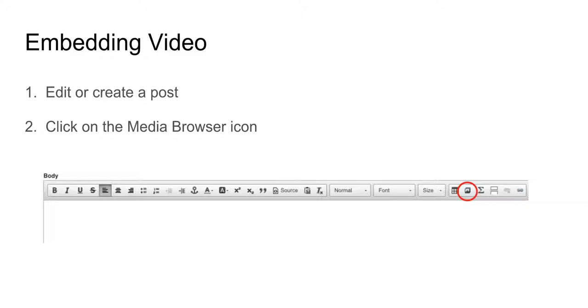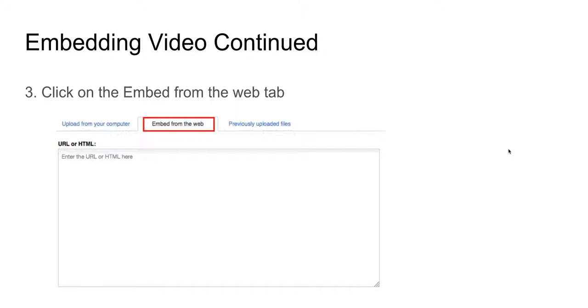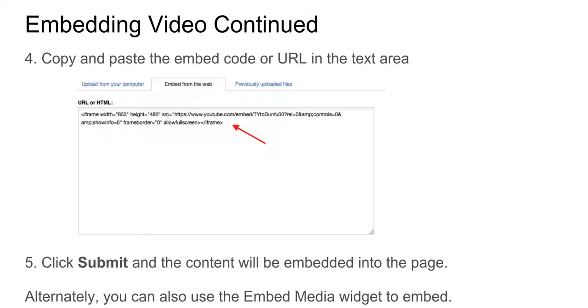So actually embedding a video would start out the same way that you would when you're adding an image to your website. You go to the media browser, which is that little icon that has a little landscape image on it. You choose the embed from web tab, and then you'd paste in the information, either the URL if it's an Embedly provider or the full iframe code straight into here, and then submit, and then it's available